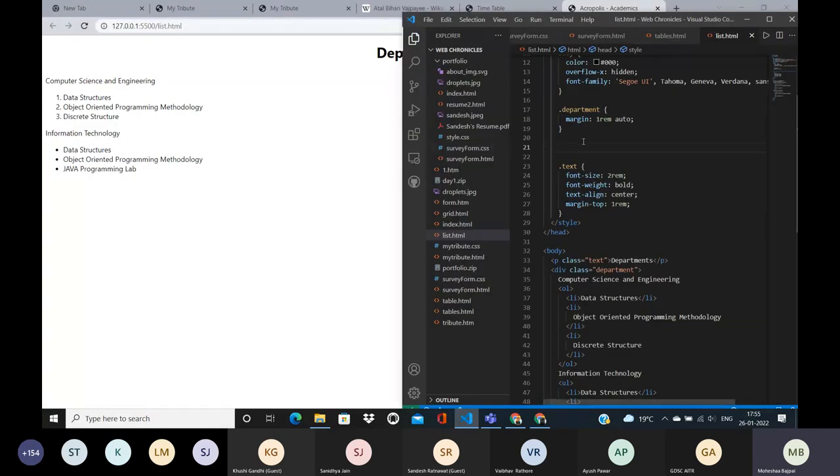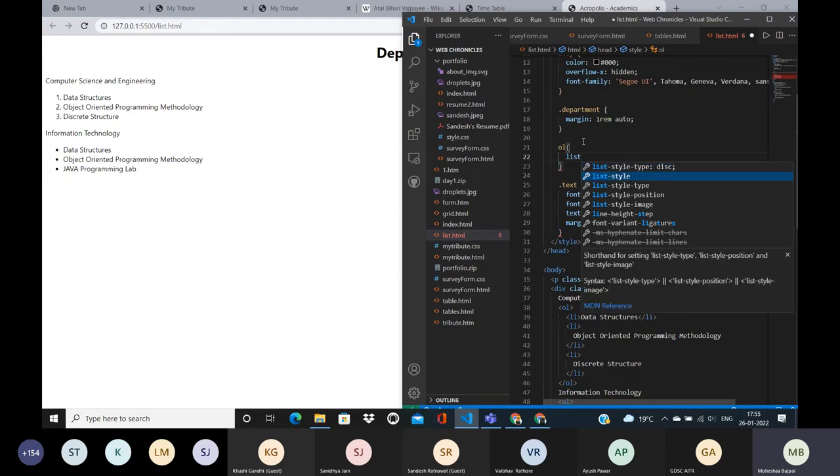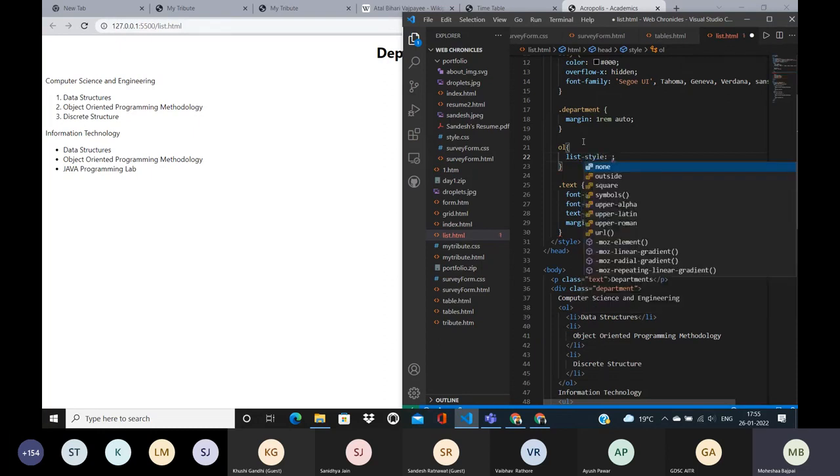अब सबसे पहले अपन देखेंगे ऑर्डर्ड लिस्ट के लिए प्रॉपर्टी. सो अपन ने एलिमेंट सेलेक्टर यूज़ किया ओ एल. नाउ वी आर गोइंग टू लिस्ट स्टाइल टाइप. जैसे कि मैंने आपको बताया था कि ऑर्डर्ड लिस्ट में बाय डिफ़ॉल्ट नंबर्स आते हैं. तो अपन अब इसकी लिस्ट स्टाइल चेंज करेंगे. तो इसके अंदर काफ़ी सारी लिस्ट स्टाइल होती है. जैसे कि अगर अपन को अल्फ़ाबेट्स में करना है और लोअर केस में, तो लोअर केस अल्फ़ाबेट